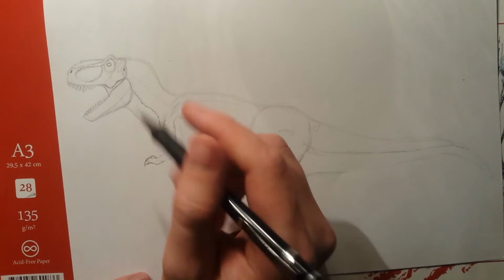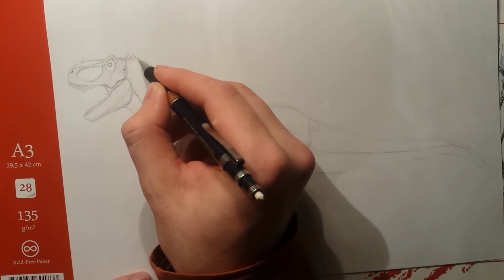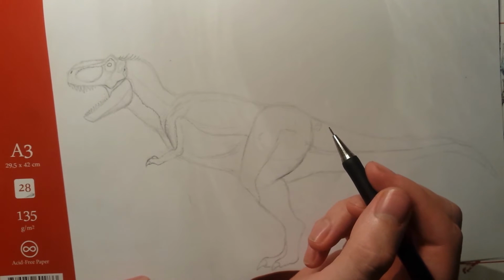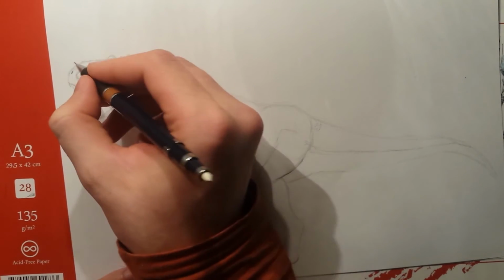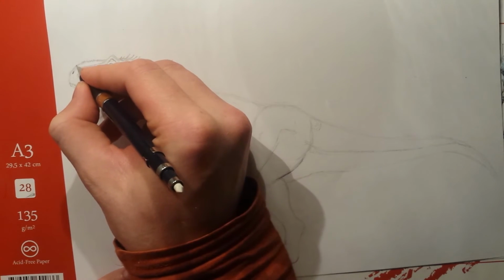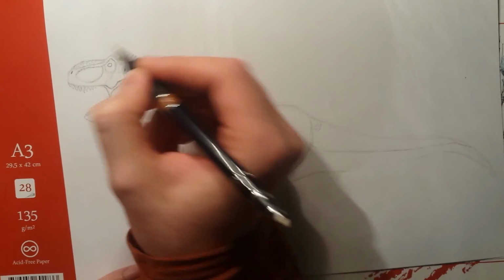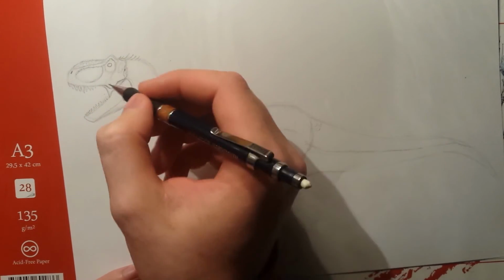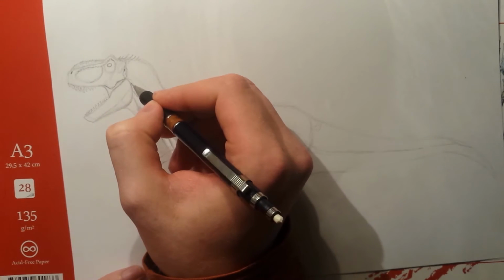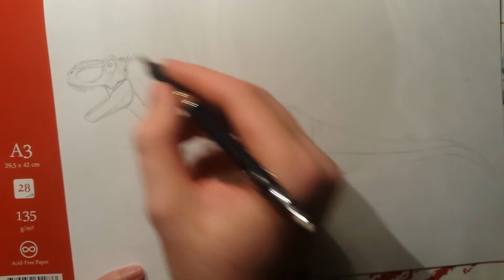Alright, and maybe about over here, maybe he had some feathers that were actually sticking out, just like on the Velociraptor from Jurassic Park. And maybe it was to intimidate or even to find a mate, just like you see on modern birds. Some of the more tropical birds, when they are trying to look more intimidating, they show the feathers, and they appear bigger that way, maybe. I'm not sure, but